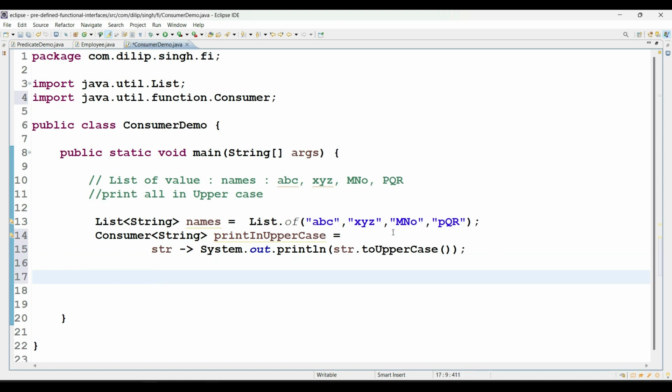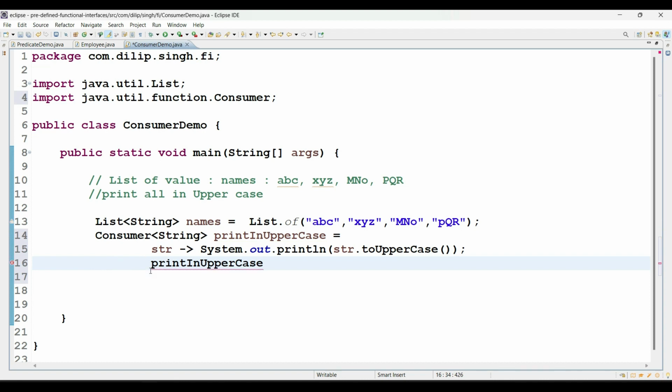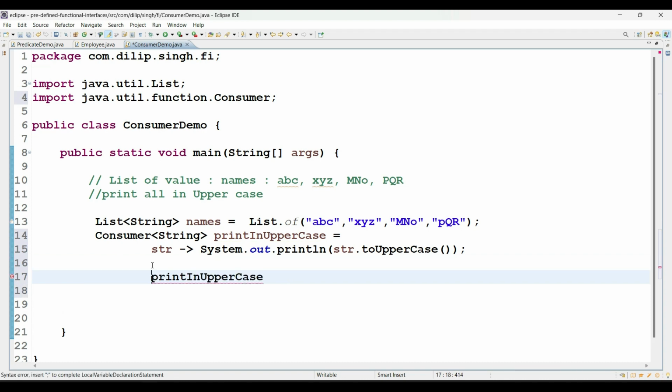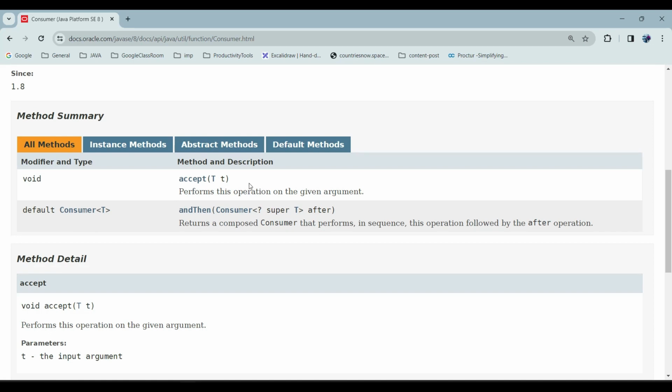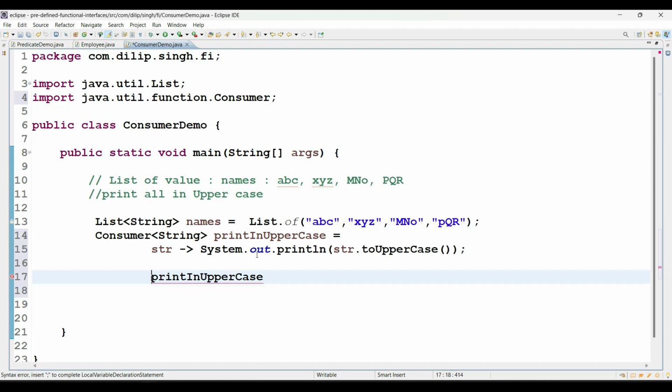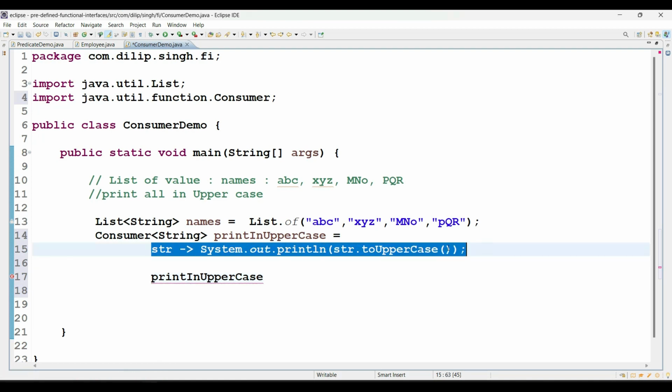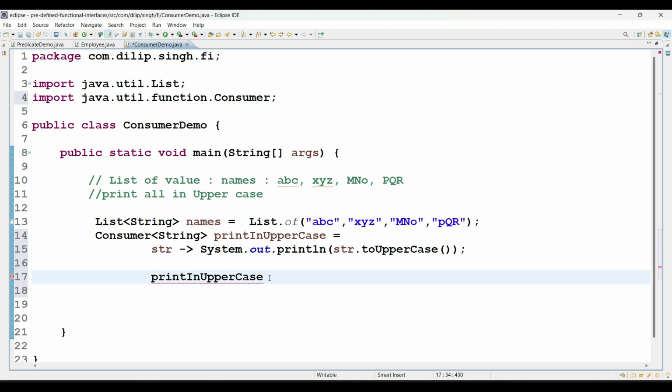Now how can I process? I can even use this consumer individually. And what is the method available inside the consumer? If you go to the consumer, what is the abstract method available here? The main method, the accept method, as part of our functional interface consumer. So we are providing implementation to which method now? The accept method, which performs this operation on the given argument. So whatever operation you defined as part of the implementation, whenever you call the accept method, the same thing will be performed by the